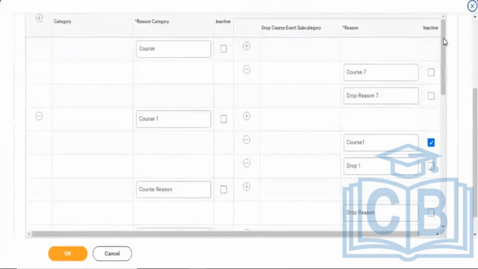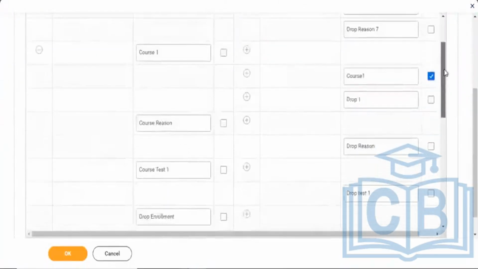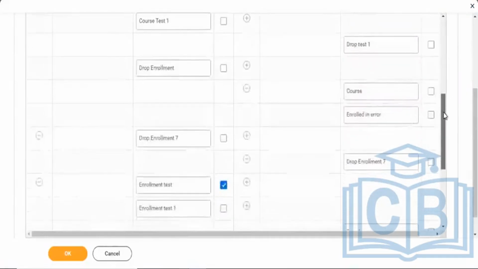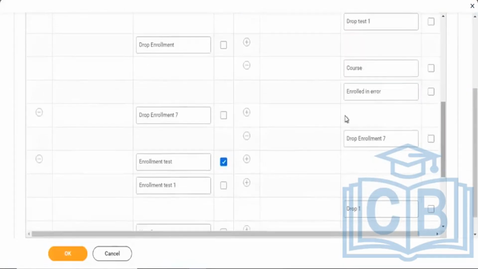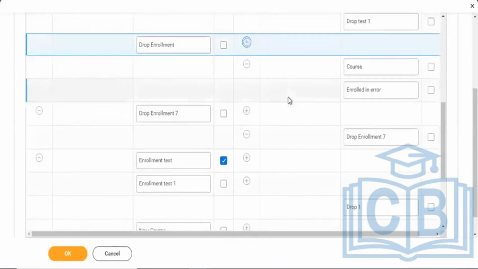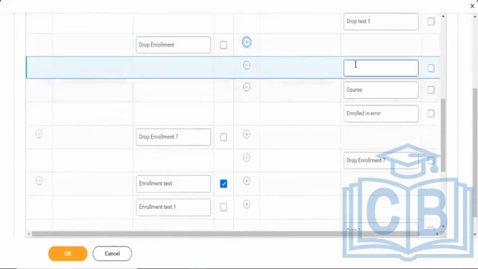What you have seen here, you'll be seeing all those things here. Generally, you'll not see this many, since this is a training trend. In general, you'll be seeing drop enrollment, and we'll add one more reason, like enrolled in other course, and the other reason would be